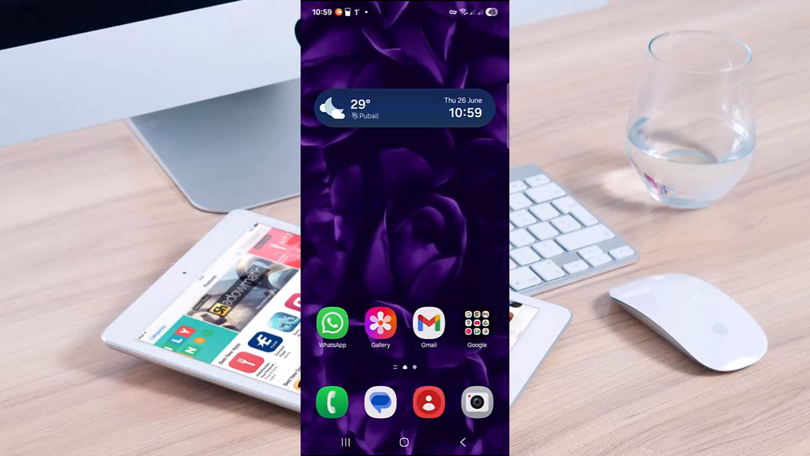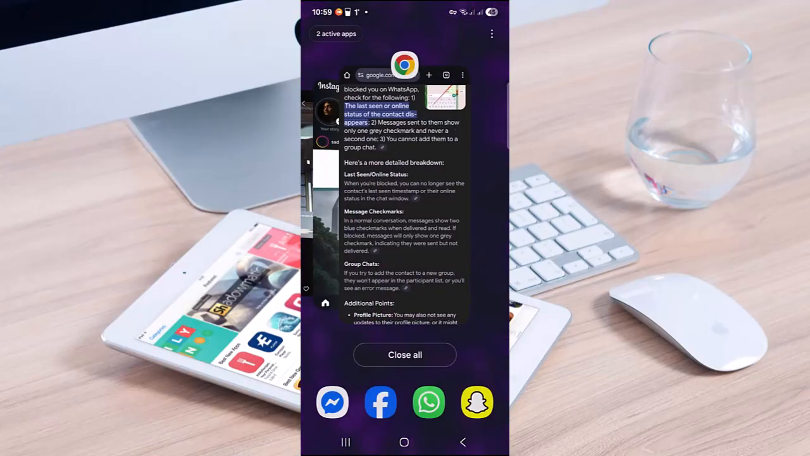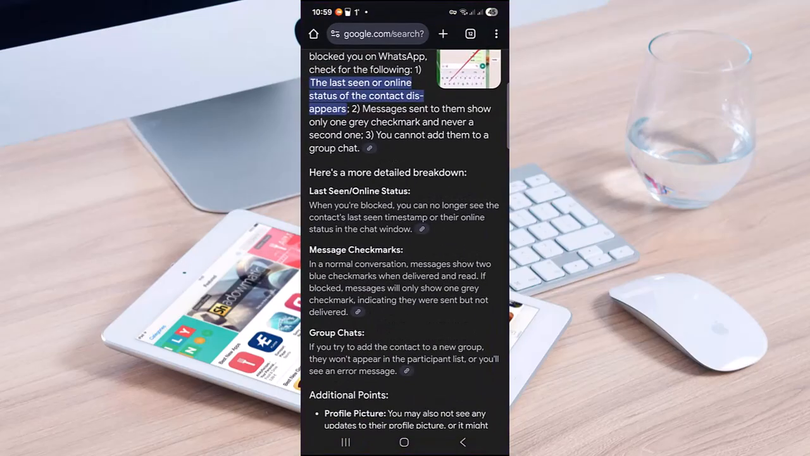In today's video, you are going to see how to know if someone blocked you on WhatsApp. So let me show you the steps you can follow. So the first one is last seen or online status. So when you are blocked, you can no longer see the contact's last seen timestamp or their online status on